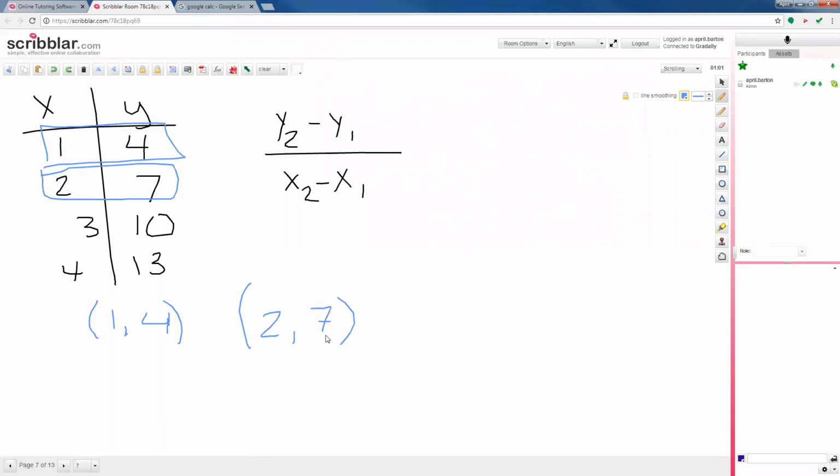So once you know the coordinates, we just go through the exact same process. We say every coordinate is x, y. One of them is the first point, one of them is the second point. And it actually doesn't matter. If you had switched the order and you wrote 2, 7 first and then 1, 4, you're going to come up with the same answer. Just make sure 1 point is the first point and 1 point is the second point. Then we just plug it in. So what would we do for the top? What numbers make the top of this formula?